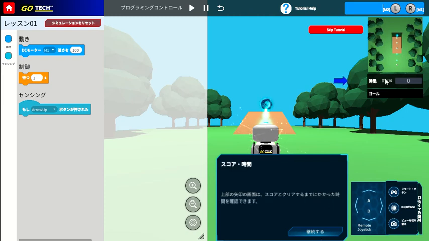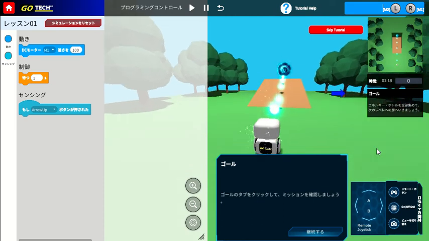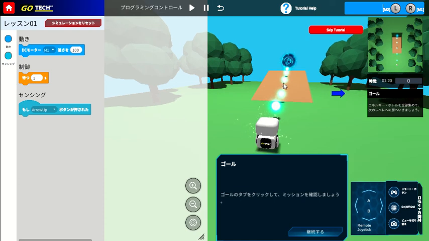And then this one is the time and the score. You can see here the time is running once you start the level. And this one is the score. The maximum score is 100. And then this one is the mission objective. You need to collect all this white color, which we call the energy portion, and then you need to go to the portal door. This one we call the portal door.